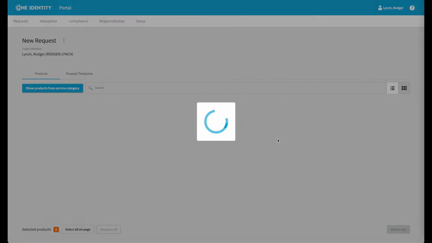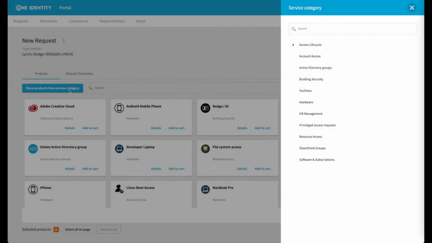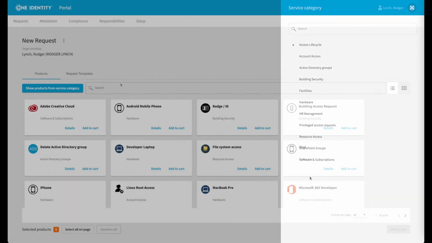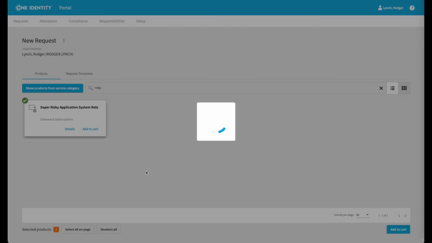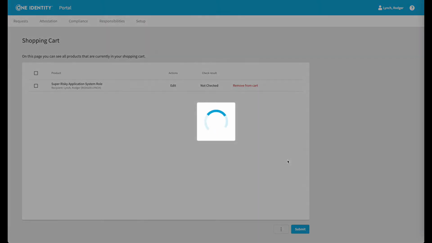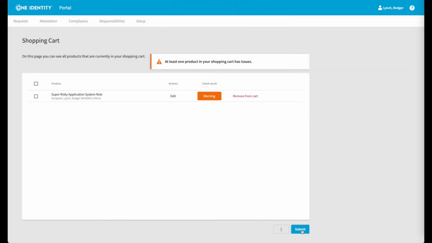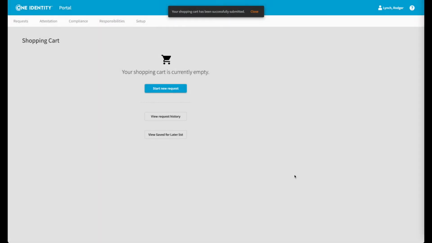If the employee needs additional access, they can request it from the Identity Manager IT shop. The IT shop is a built-in IT service catalog that can be used to request anything that you might need, from entitlements and applications, roles, or even non-IT items such as facilities access or hardware. When the user makes an access request, they can check for compliance with any SOD policies prior to submitting the request. Once the request is submitted, it goes through an approval workflow that is designated by the admin team.